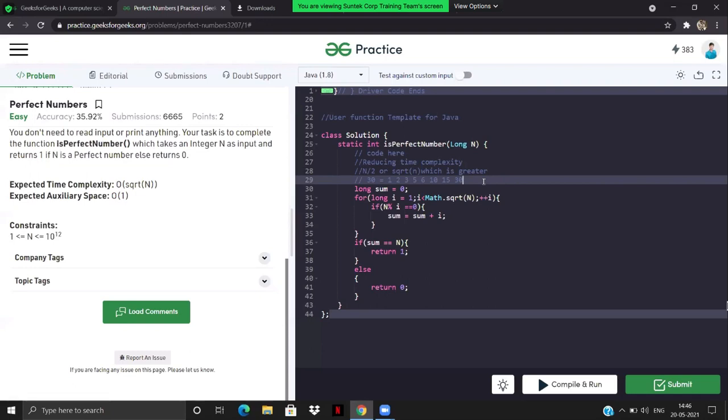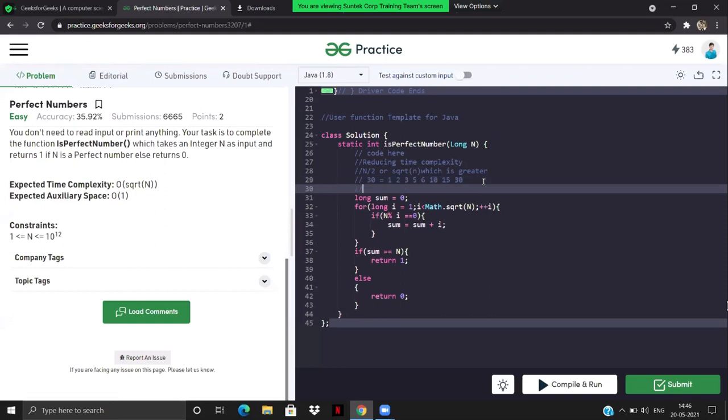Correct. So if I include 30 as well, these are the numbers I should have. Now, if you see it carefully, what exactly do I have? Let's say 30 is the capital N value, right? So what numbers do I have? One. If I'm using a loop which is iterating from 1 to the square root of n, right?